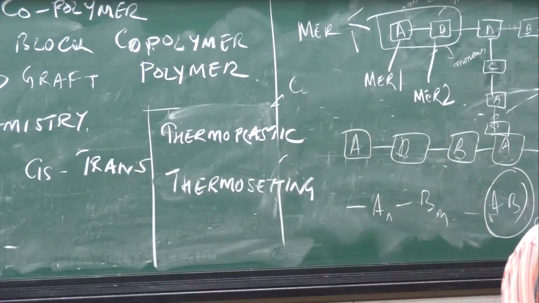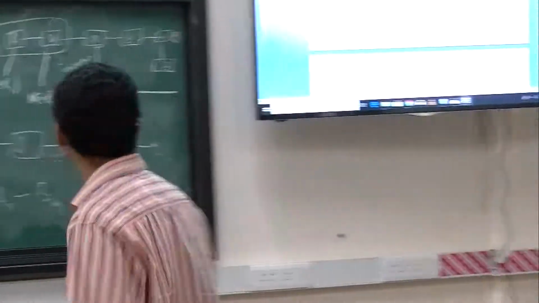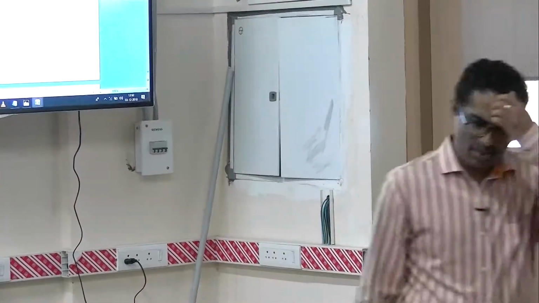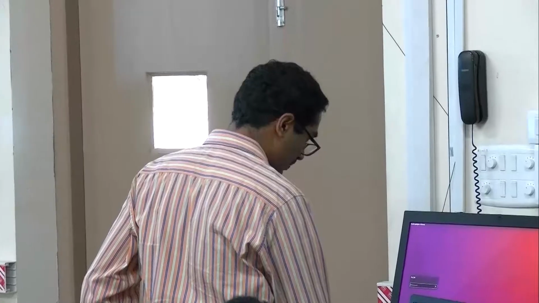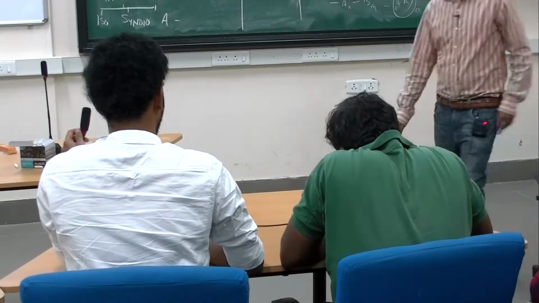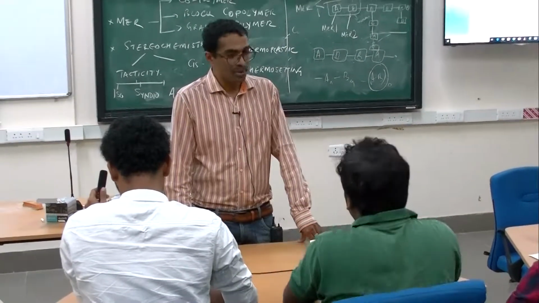Thermoplastic. So, what is the definition of thermoplastic and thermosetting? That is correct. So, if you have a flexible R group, then you are likely to have a thermoplastic. Can you look at the formal definition, and tell me the formal definition, please? They soften when heated, harden when cooled. And then? The process is totally reversible. And the process is reversible.